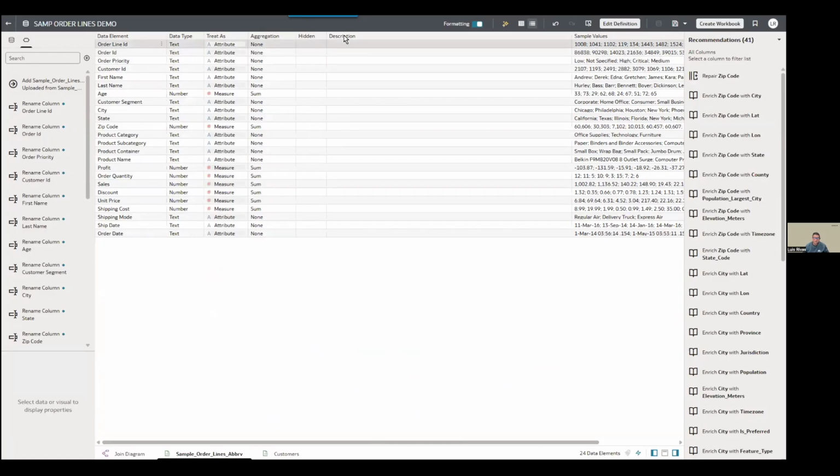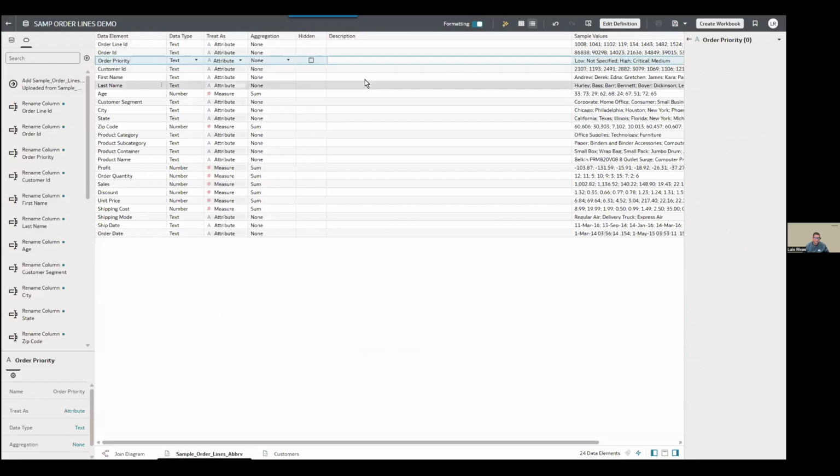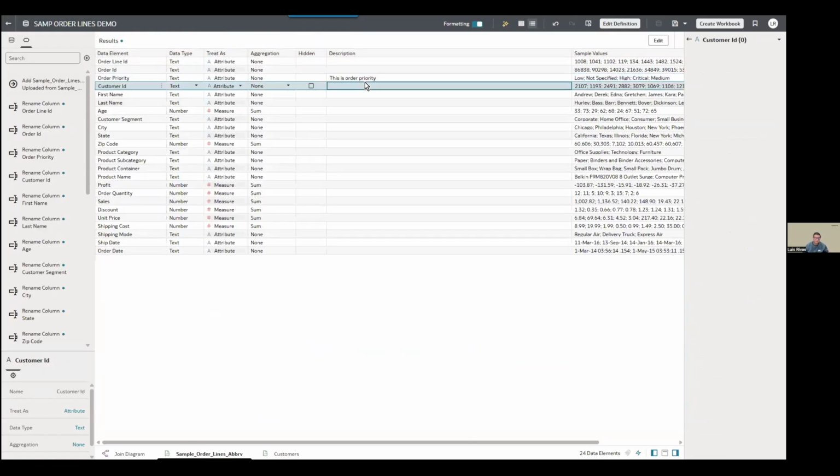You'll see a new column in the metadata screen where you can select and add descriptions for your columns. And again, this is for columns that need a description, and you can just leave the ones that are pretty intuitive without a description.